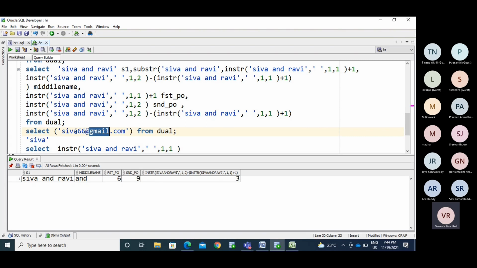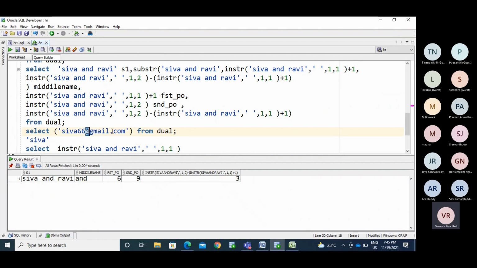So in that case, from the starting position to this position, I need to display the values. Find out the position of this @ symbol and display from the starting position to this. You already found the position of the @ symbol. Plus 1 you can put, from substr of email comma this INSTR function and plus 1.